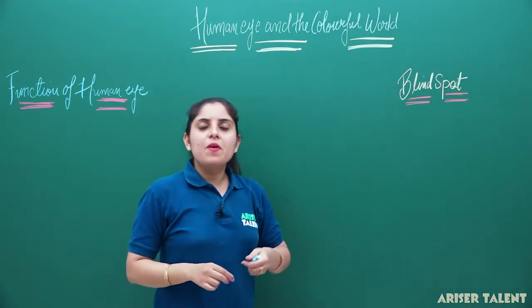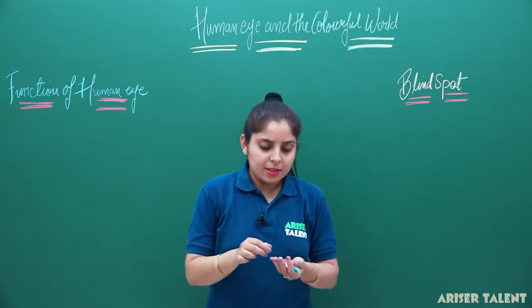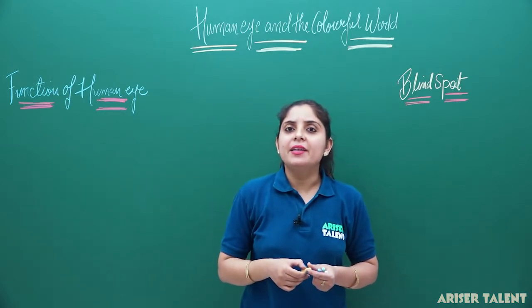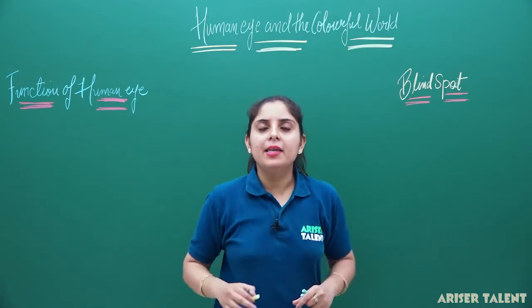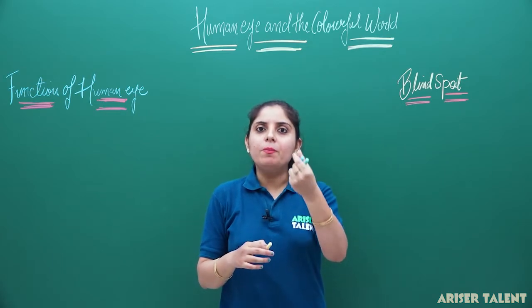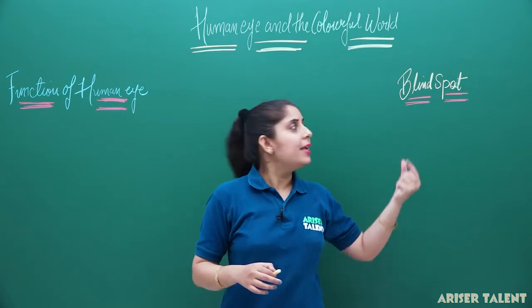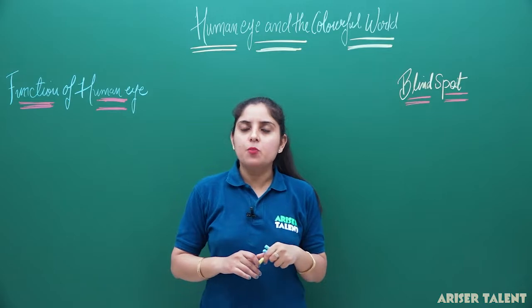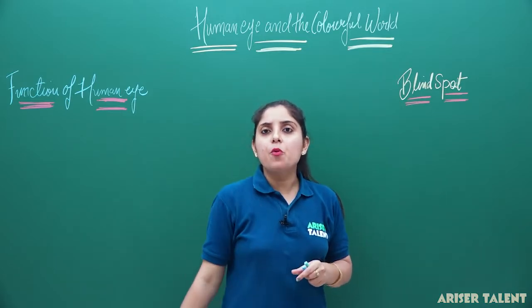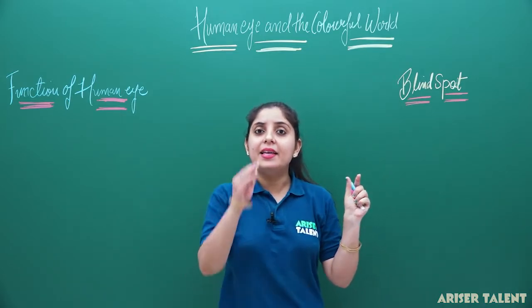In the structure of the eye, we have seen that the optic nerves are connected to a point on the eye. The point where the optic nerves are connected to the eye is known as our blind spot. And on that blind spot, there is no